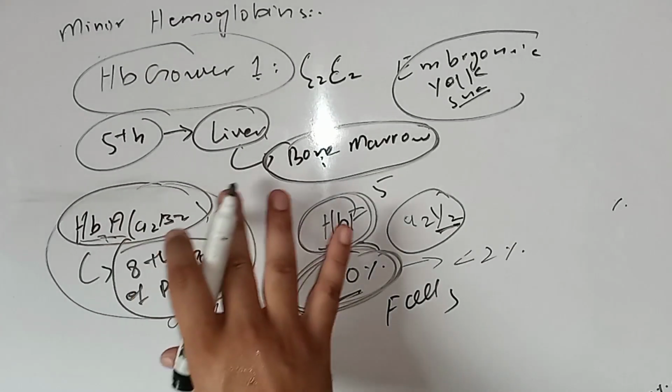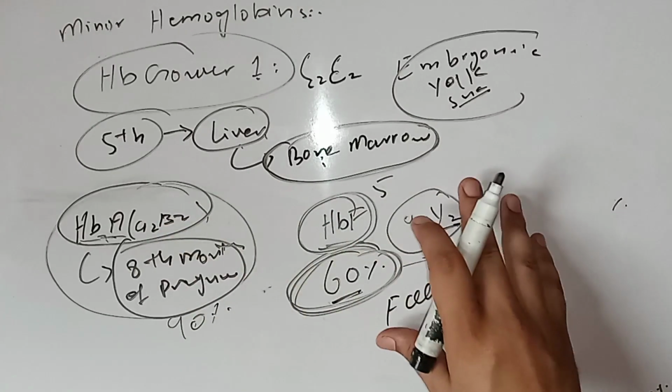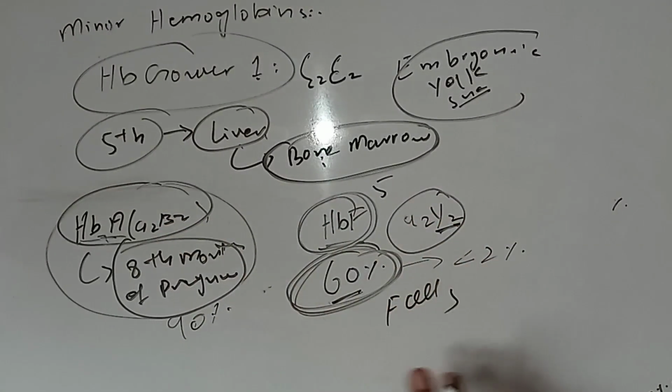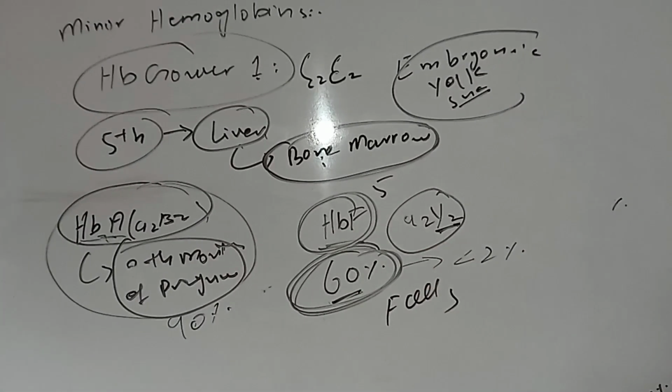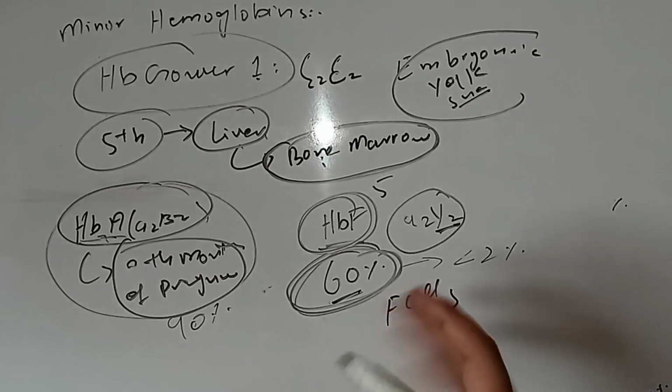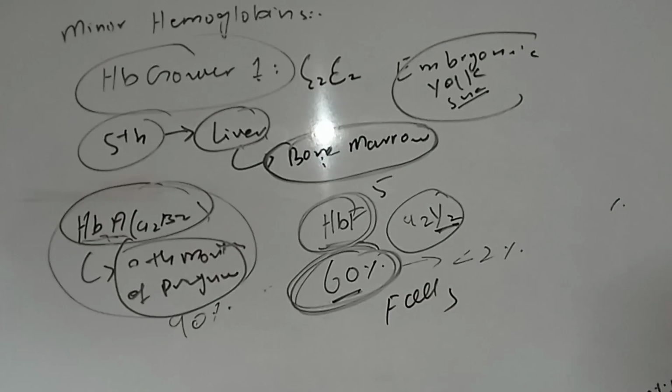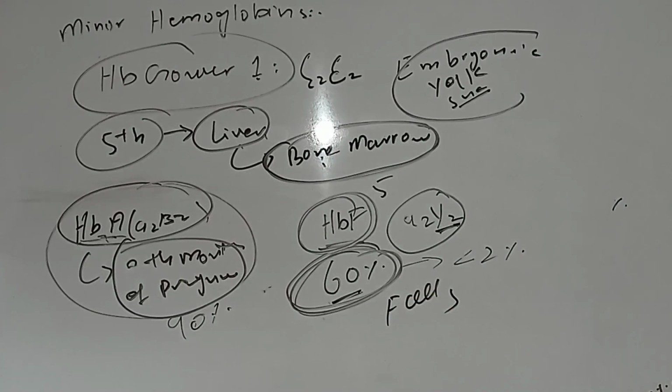Then the HbA synthesis continues. However, HbF synthesis declines. That's why adults have HbA about 90%, and fetal hemoglobin is less than 2%. Okay. So HbA2 synthesis starts before birth, and it also continues to be synthesized. However, its amount is very little, so it is synthesized in small amounts. That's why it constitutes about 2 to 5%. So if we represent it by a graph here,